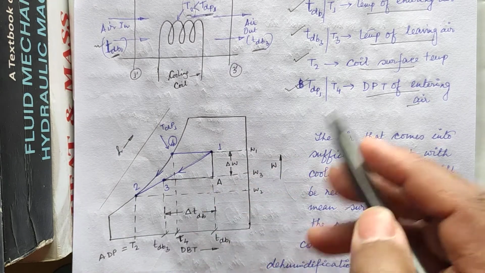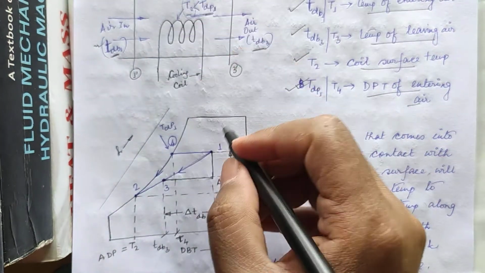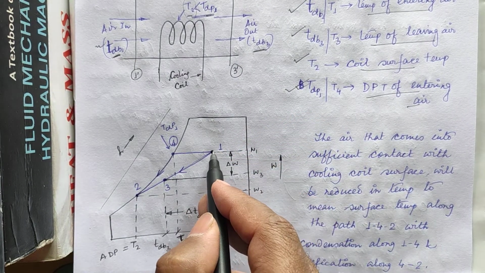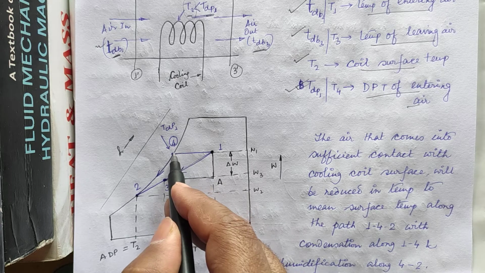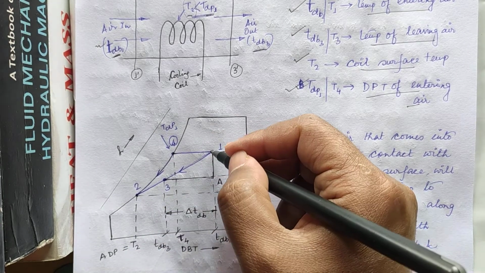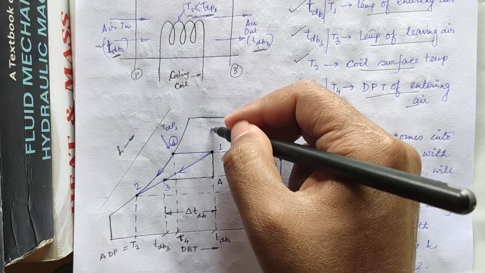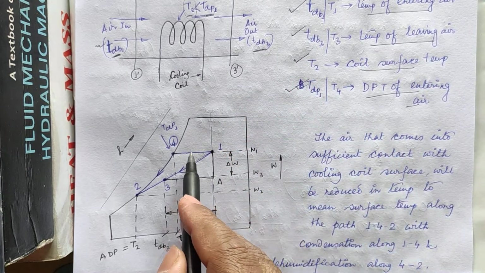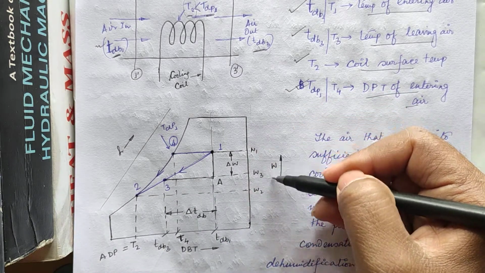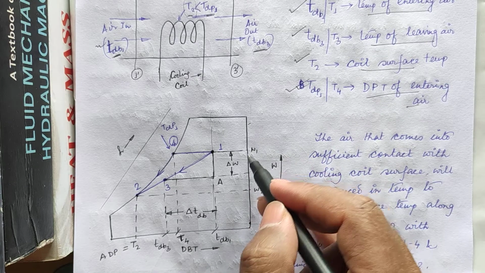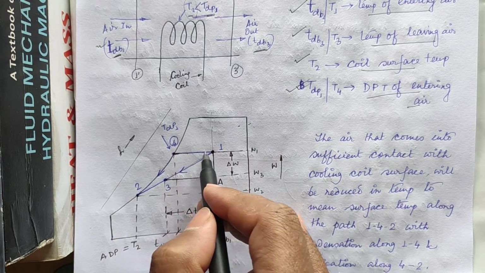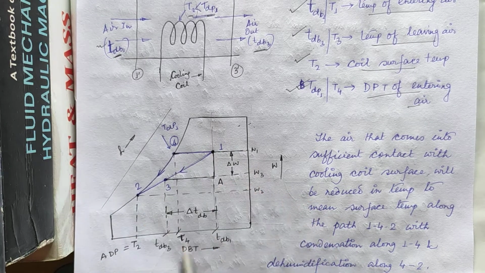See, in the psychrometry chart, first we have to locate the inlet air condition, that is 1, having a particular dry bulb temperature and particular dew point temperature. See, this one is the dew point temperature. Now, in the psychrometry chart, we have already mentioned that dry bulb temperature lines are vertical, and dew point temperature scales are drawn along this vertical axis, on which the specific humidity scales are drawn. On one side, specific humidity scales are drawn, on the other side, dew point temperature scales are drawn. So this horizontal line represents the dew point temperature of the air.